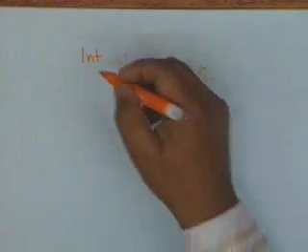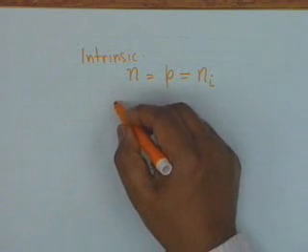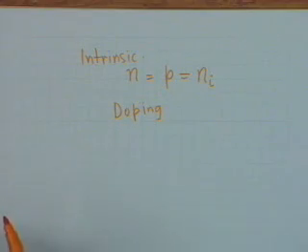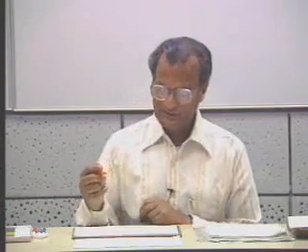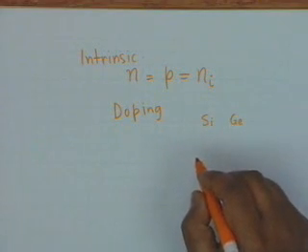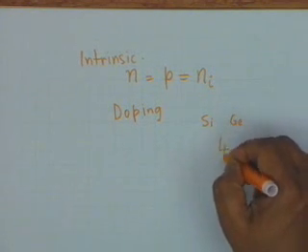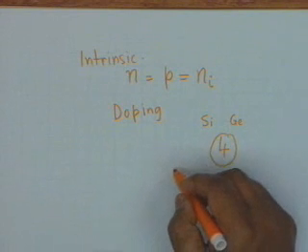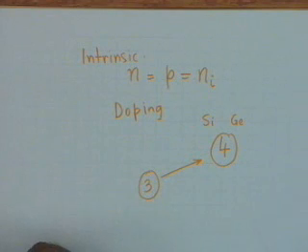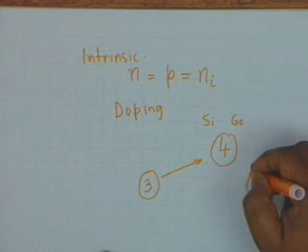The subscript i stands for intrinsic. We have also seen that doping upsets the balance between electrons and holes. For example, doping could be of two types. Silicon and germanium both are fourth column elements in the periodic table, which means that their valency is 4. We can inject either a trivalent impurity like aluminium or boron, or inject a pentavalent impurity like